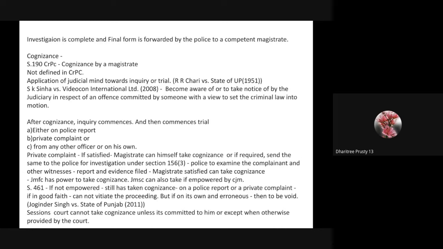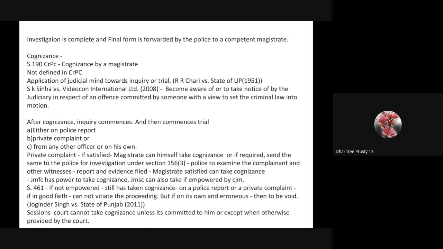Section 461 says what are the effects of an erroneous cognizance. That means if a magistrate who is not empowered has still taken cognizance, either on a police report or on a private complaint, or on his own or from any other officer, what will be the effect of it? Section 461 says if he was not empowered and still he has taken cognizance, either on a police report or on a private complaint, if he has done so in good faith, then it will not vitiate the proceeding. But if on his own, that means